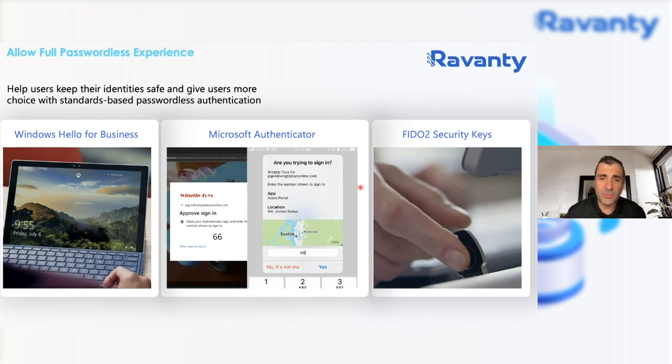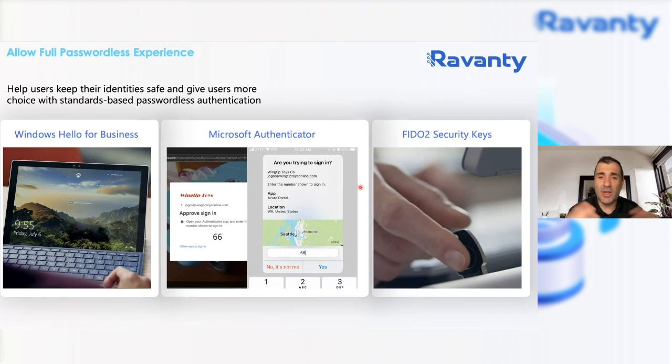Now, this, of course, does require the end user to perform configuration on their device, and there's some change management involved. And we could talk about that as it's required in further conversations. But it does require some change management as far as getting users used to that fact, but they're able to have that streamlined passwordless experience using the Authenticator app, or potentially a phishing resistant authentication method like a FIDO2 security key. So this kind of gives you that beautiful passwordless experience.